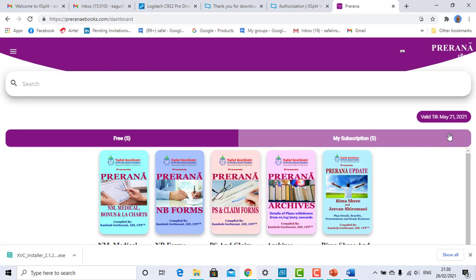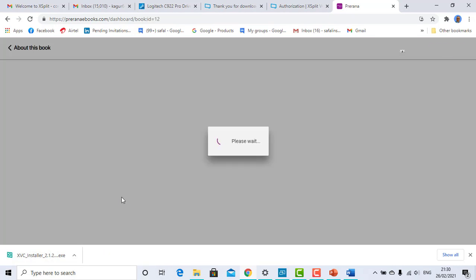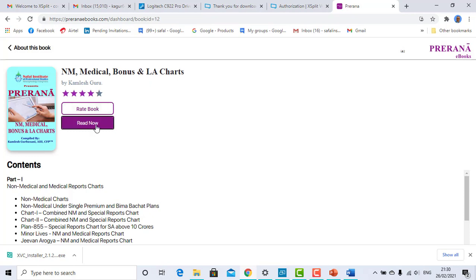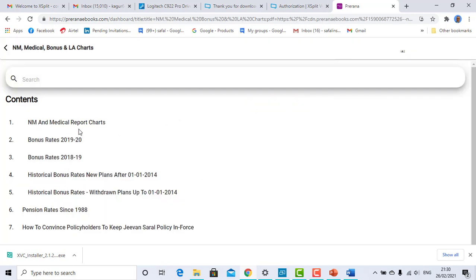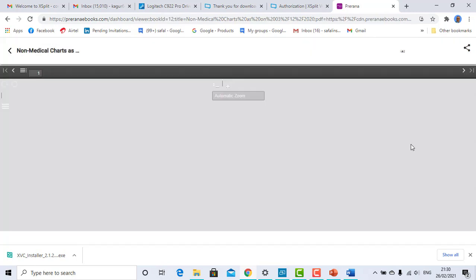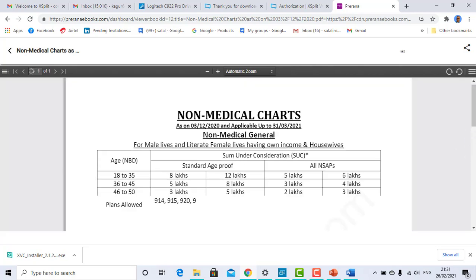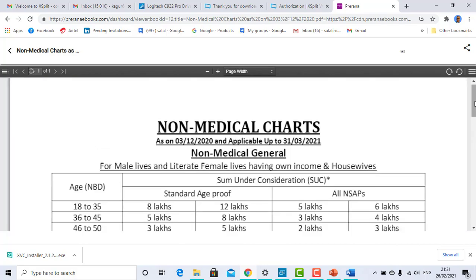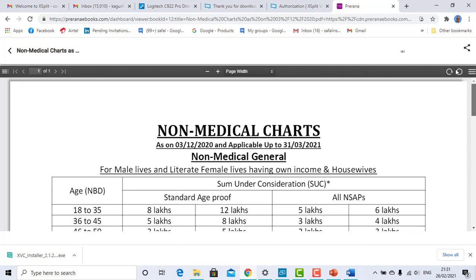So this is how you can view these books on your laptop. You can read now. Open this document. Now this document is open on your PC.